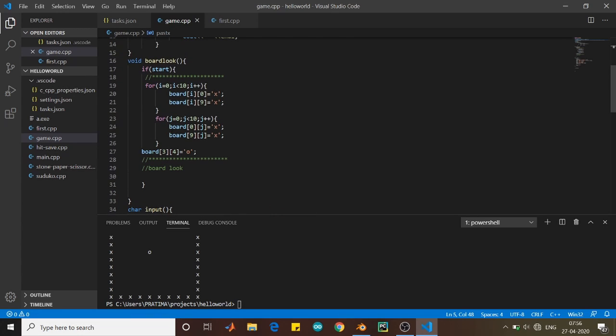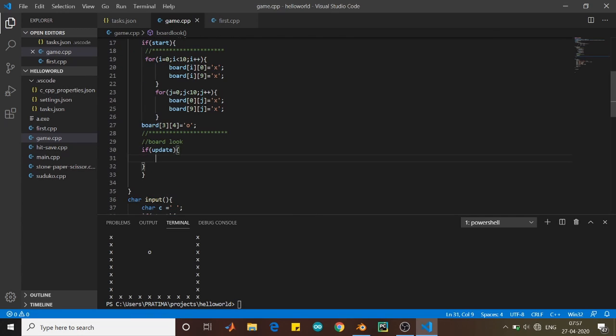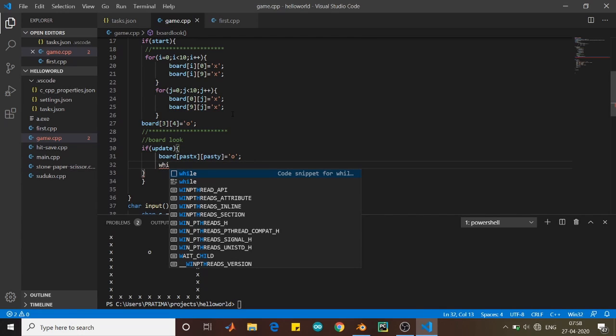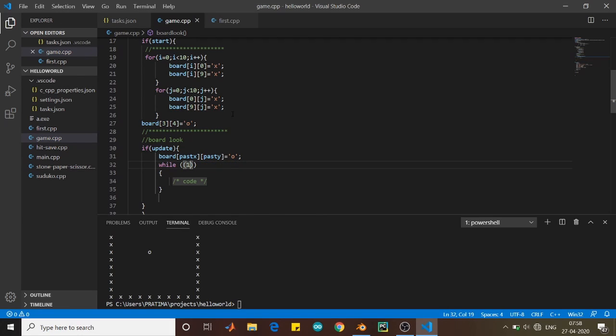So first we will create an if, something like this. Whenever O catches 8, meaning when O actually catches 8, then we have to change the position of 8, and at that position O will be present, so this statement is required. So the past x and past y is the position of 8, and we have to put O back there. So whenever an update is there, first this condition will run. Here I am creating a logic of mine, you can create a logic of yours.